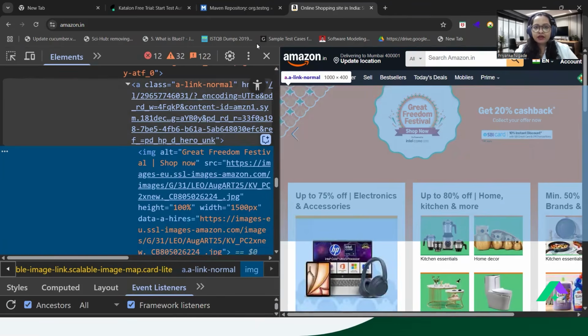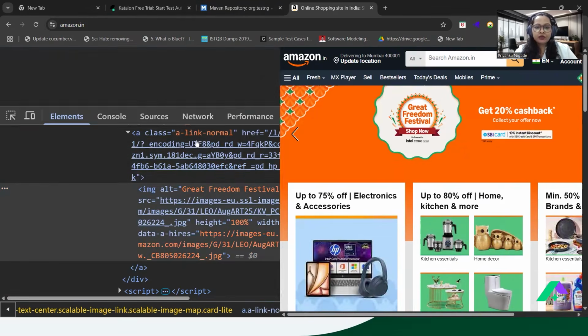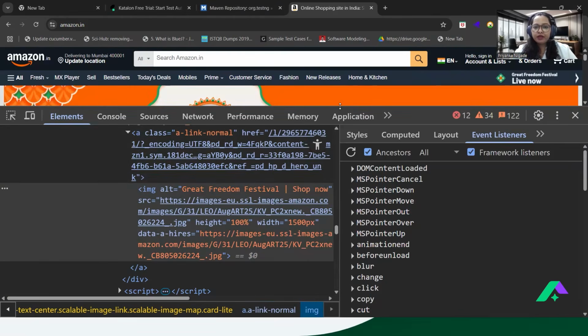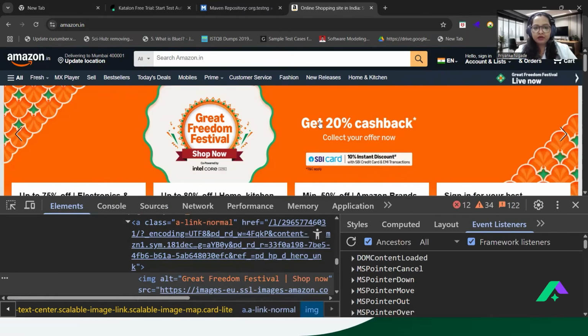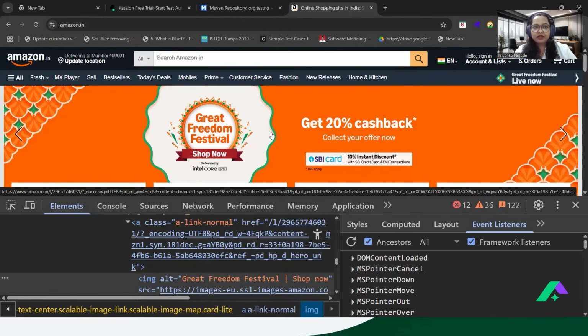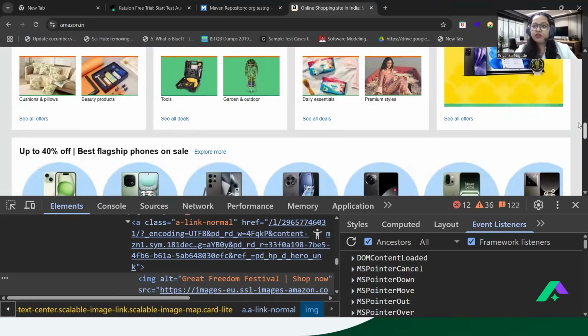I'll change its look and feel. Let's have a look. Suppose I take this layout. Here you can see at the bottom side you will be able to observe the DevTools, and on the top side you can see my application. Correct? This is my application. I would like to scroll this web page, right? Scroll like this. Fine. But through automation.